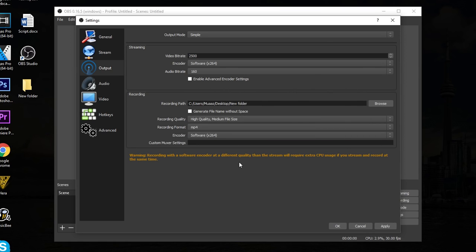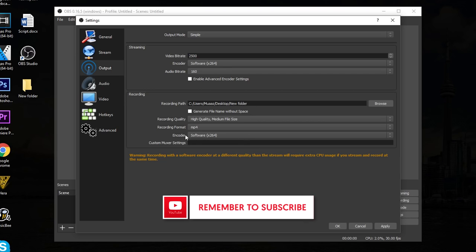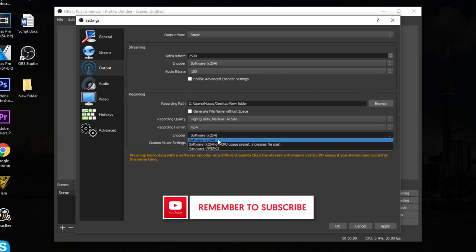Don't worry about this warning, because that warning only applies if you're actually doing streaming and recording at the same time, but in this case we're not going to be doing that. And right here we're actually going to be able to mess with the encoder. So if you have a normal computer, please keep it on x264, but if you have an older end computer